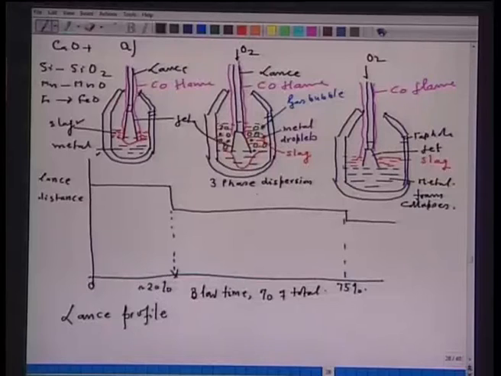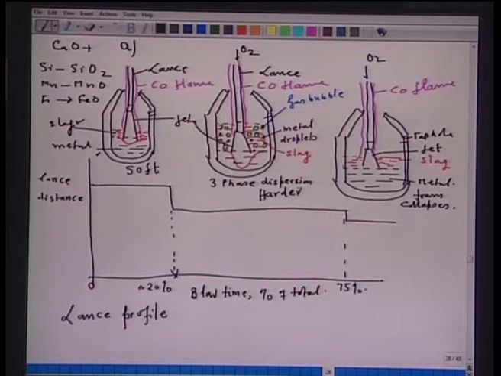So, oxidation of iron will be very high, and as such you have a highly oxidized metal, and that may foam towards the later period, and ultimately slag may come out of the vessel. That is why, immediately after the silicon oxidation period, which is indicated by the appearance of slight reddish and white fumes at the mouth of the converter, the lance is reduced. Now, at this reduced lance distance, the jet becomes harder. So, in our terminology, if we started with a soft jet in this situation, we have now made it harder.